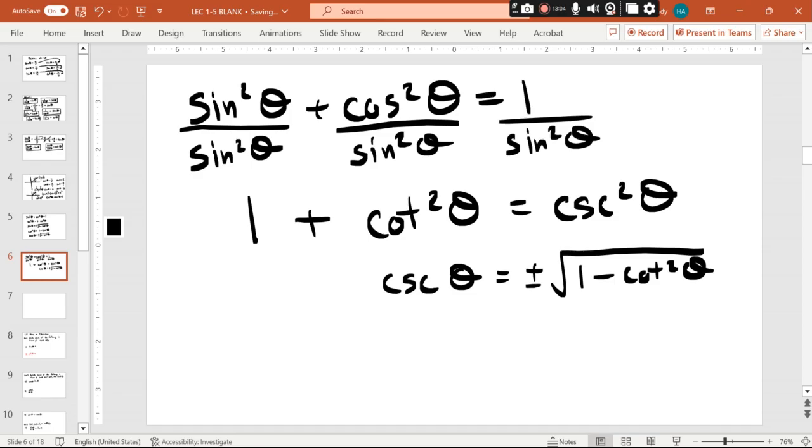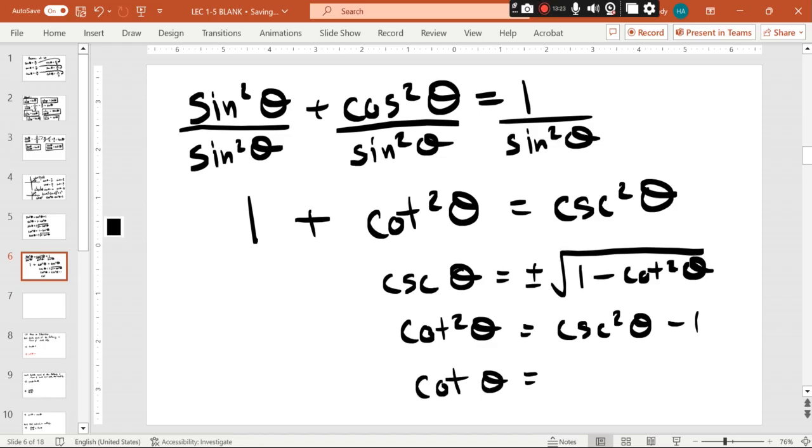There it is, I just took the square root of both sides. Another variation: I can move this 1 over to this side, so I can make cotangent squared theta equal to cosecant squared theta minus 1. And if I have a perfect square, I can just take the square root. So I got plus or minus the square root of